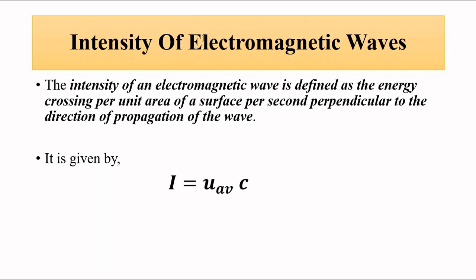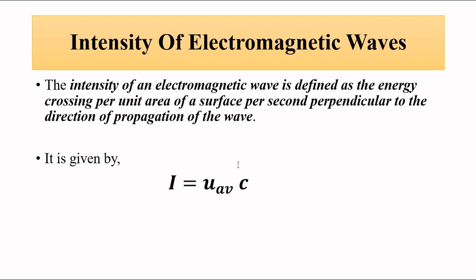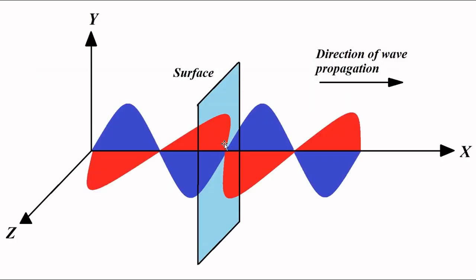Next is the intensity of electromagnetic waves. Okay, so the intensity of an electromagnetic wave can be visualized by imagining a surface which is held perpendicular to the direction of propagation of the wave. That is, the direction of propagation is perpendicular to the plane of that surface. So if we imagine this surface, then the energy crossing per unit area of the surface, okay, per second,